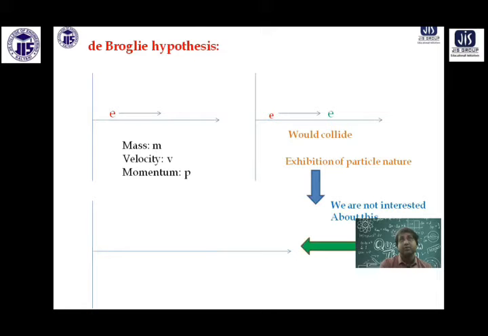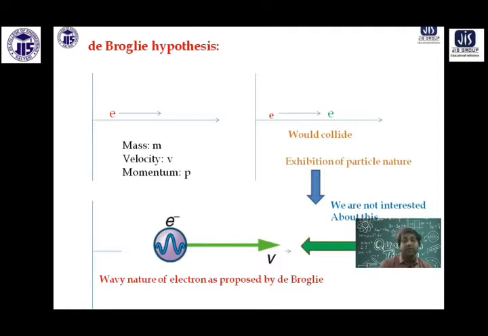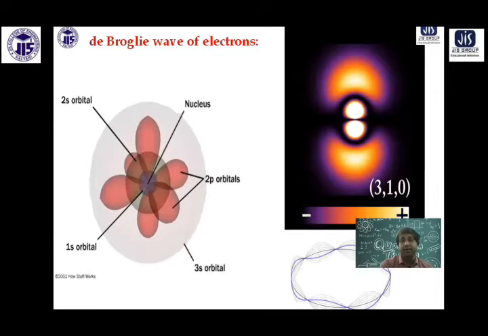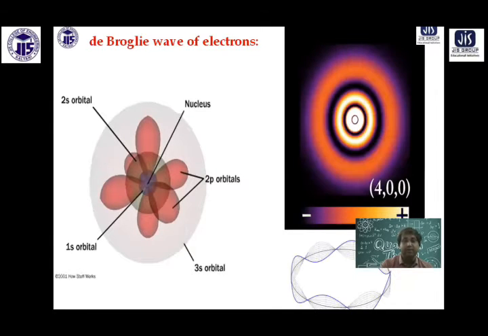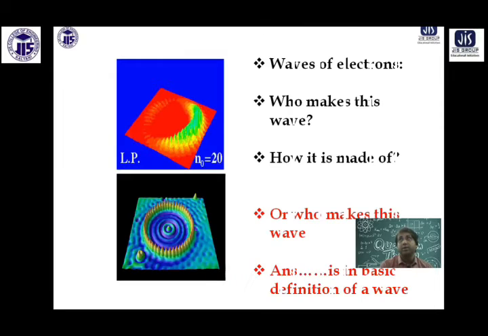Okay, fine, there is an electron, but in my class it will show the wave nature, and the wavelength is described by the de Broglie wavelength, lambda equals h by p. This is something uncanny, something unusual. So these are the electron waves: S wave, P wave, D wave. You studied in chemistry, and I told you this is nothing but the probability wave of the electrons.